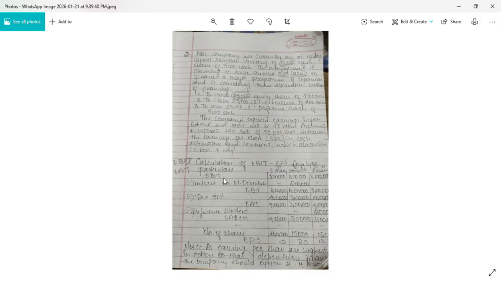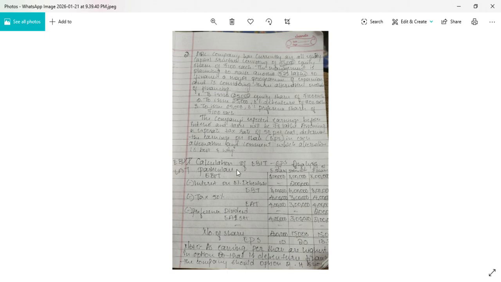We'll start with EBIT as per our format. EBIT means earnings before interest and tax. So here EBIT we have to take 8 lakh in all options. First option 8 lakh, second option 8 lakh, again third option 8 lakh. So EBIT will not get changed for options. Totally we have three options, three alternatives. So three options at a time we have to take as it is 8 lakh, 8 lakh, again 8 lakh.